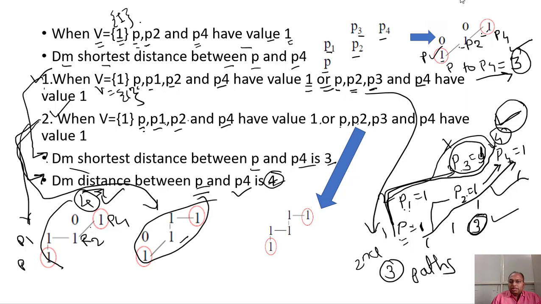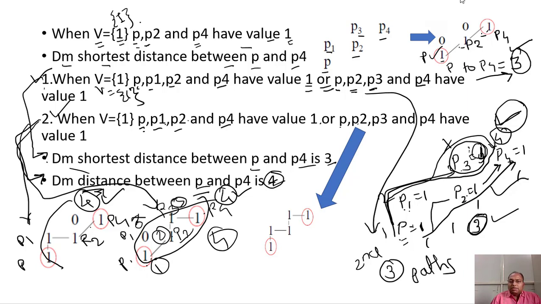Okay, P2, P3. Now P is over here, P1 is over here, P1 is 0, so we are not going to consider it into the path. P2, P3 and P4. As we talked about this one, the next example we have taken this as a 1, isn't it? So this also results in a distance value of 4, because 1, 2, 3 and 4.